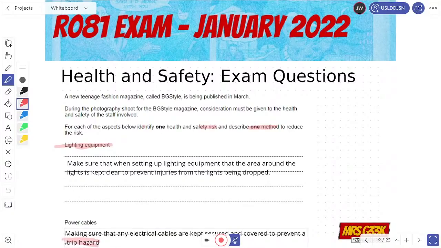So here's my hazard or my risk, and here is how we're going to mitigate it. So I've done it a different way around to the question, but that's fine. Making sure the content's in there is all that matters. And these are typically the sort of thing you'll get in there. It can vary between about 2 or 4 marks in the exam, but out of 60, obviously that all adds up. So that's one to be aware of.